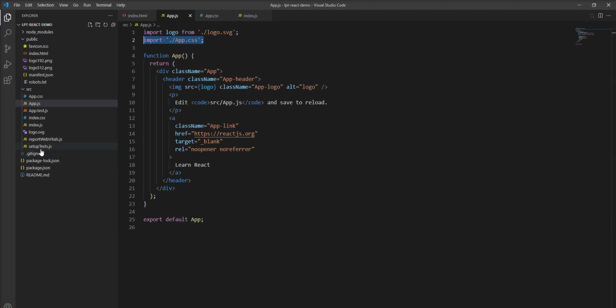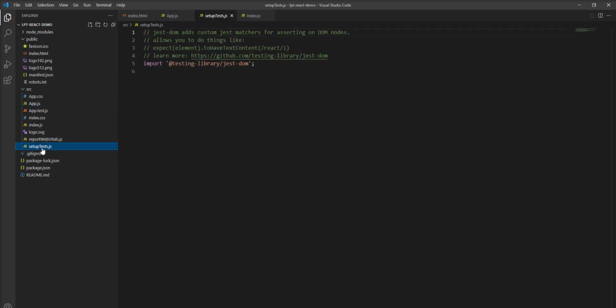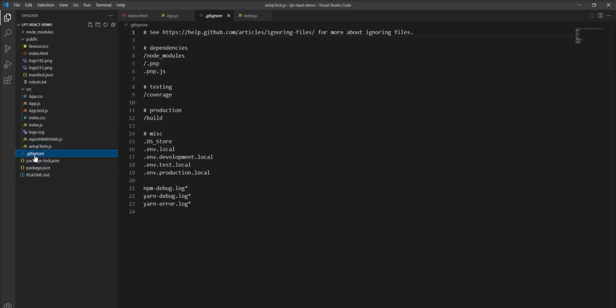Also here is a basic test setup, and the jest-dom library imported here, and this is the .gitignore file. So you specify the files you want to exclude from being pushed to the repository, for example a GitHub repository, GitLab repository, Bitbucket.